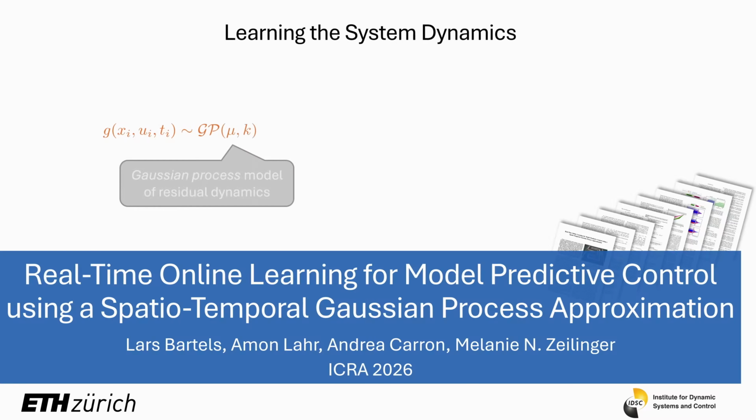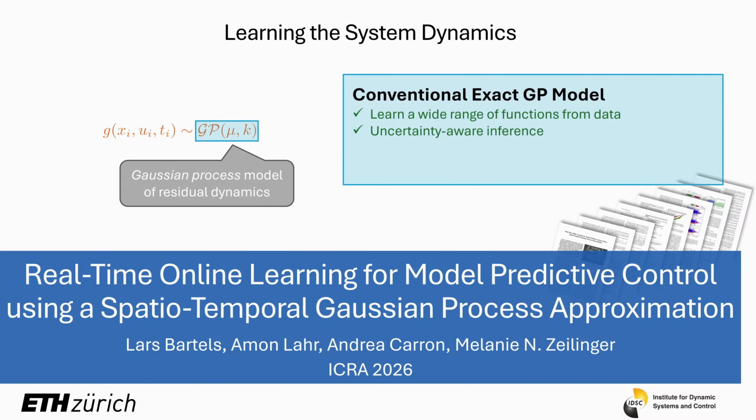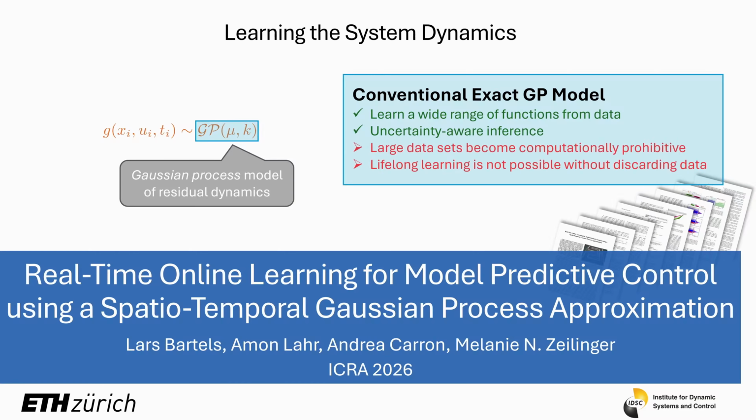Therefore, they are commonly modeled as a Gaussian process. This offers a flexible approach in learning a wide range of disturbances and allows to make uncertainty-aware predictions of the future state trajectory. However, it computationally scales poorly with training dataset size, and lifelong online learning without discarding data thus